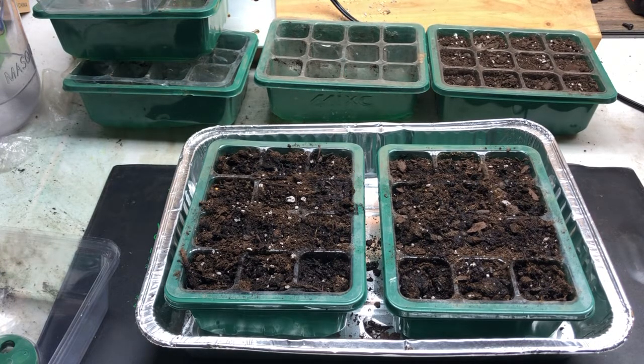So that's basically all there is to starting your own onion plants from seeds. You'll find that starting from seed, you'll get a much better crop than if you try to use sets. I did a side-by-side grow last year, slips versus sets. The slips grow a lot larger onions, and they grow longer into the season. The onion sets tend to try to go to seed, and they fall over a lot earlier into the growing cycle, and you're not going to get as big of onions. So if you're looking for big onions, the only way to go, in my opinion, is definitely starting from seed